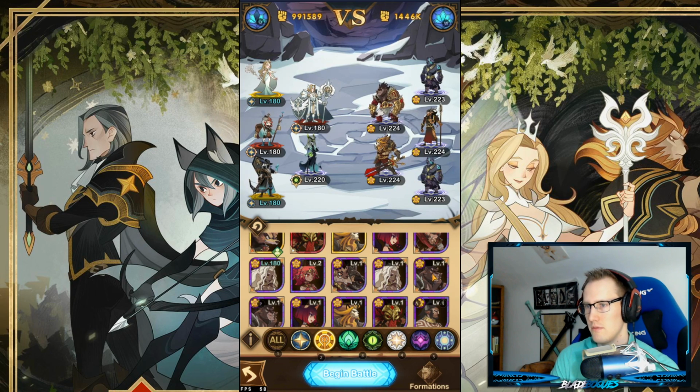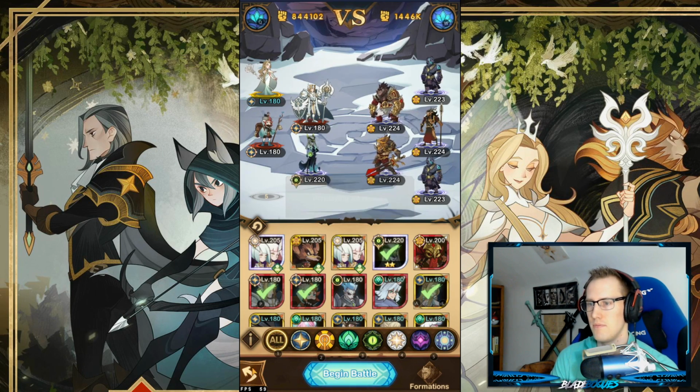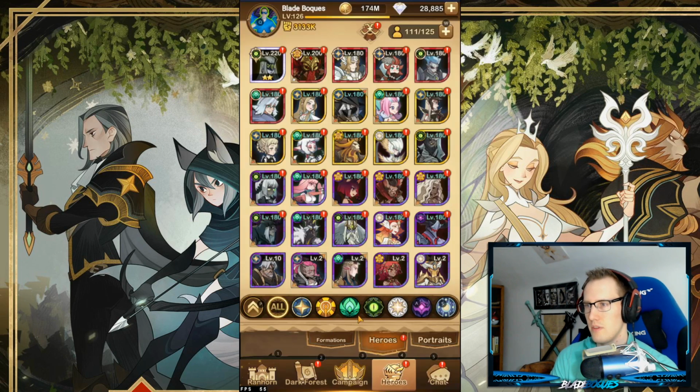Does that tell me? Alright, whatever. It's that guy. That's nothing. That's high DPS. So, really what my problem is, I don't have enough tanks right now. So, what we're going to do is we're going to sub out Belinda for...